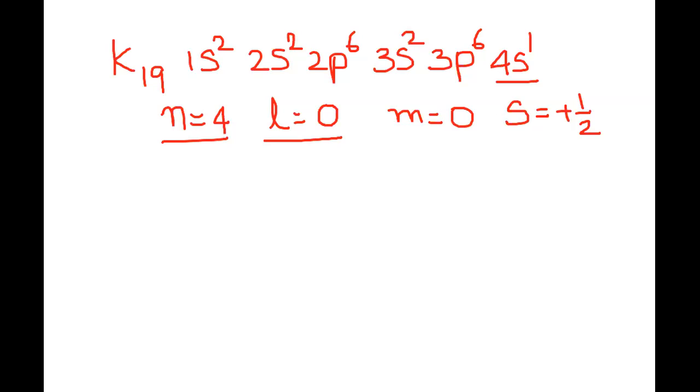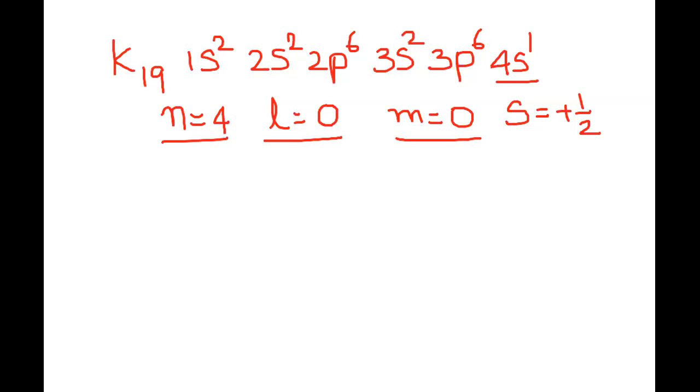Now, when the value of M is discussed, we have to understand that M is the magnetic quantum number, and it actually talks about the orientation in space. All right. So if L is equal to 0, it is a spherical structure. So the orientation in space is not directed towards any one side. But if M has values of +1, 0, and -1, depending on the value of L, then you can talk about Px, Py, and Pz. That means the orbitals are directed along certain axes depending upon the value of M, and accordingly you can talk about its orientation.